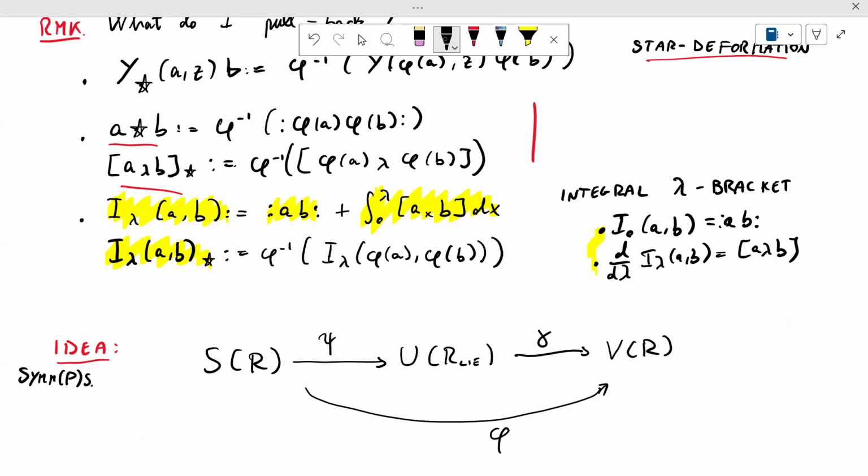So if we want to compute the star product of two polynomials P and Q, we need to do the symmetrization, then multiply them together inside the associative algebra. Now, this product won't be a symmetrized polynomial anymore, so one needs to use the commutation relation in the associative algebra to rewrite this as maybe a sum